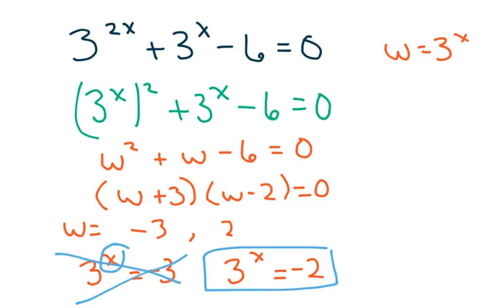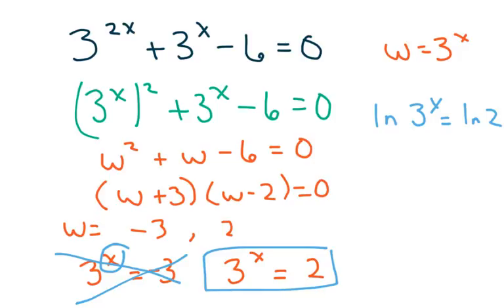So basically what I'm going to do is take the natural log of 3 to the x equals natural log of 2. I almost got scared there. This is supposed to be 2. Alright, now